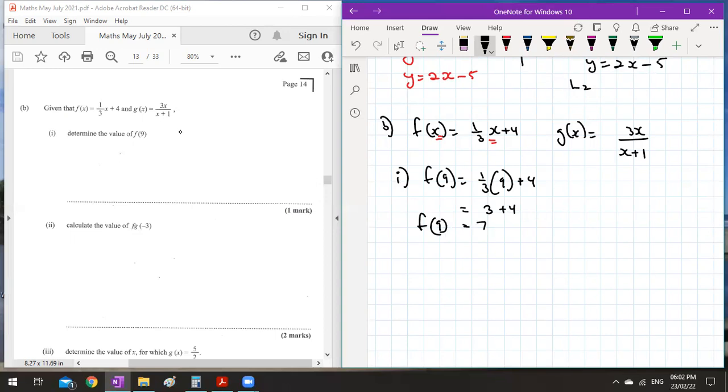Now, part 2, we want f g of -3. So we want the f function of the g of negative 3. So what is g of negative 3? Basically, we're going to replace x with -3 in this function here. So we'll have 3 times negative 3 over negative 3 plus 1,